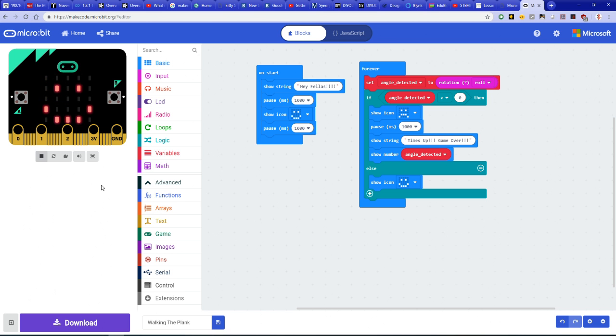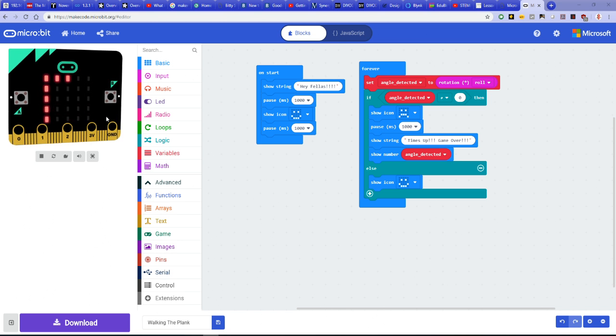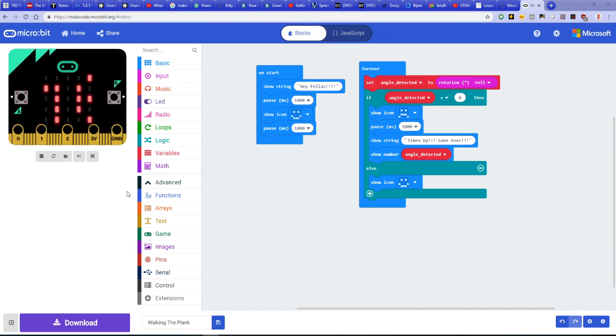Now let's tilt the board. There you go. And it will say time over. So as you noted, as soon as the board is tilted, it says game over. But there's an issue with this. If you noted,